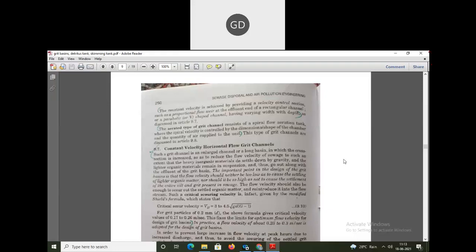Now the next one is the aerated type of grit channel. In this aerated grit channel, there is a kind of spiral flow aeration tank. So there is a spiral velocity, and this spiral velocity is controlled by the dimensions of the chamber. Basically it consists of a spiral type of flow velocity, which is controlled by the dimensions of the chamber. So next one is your,